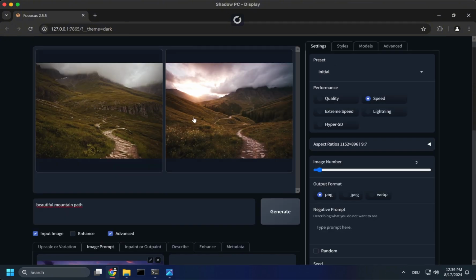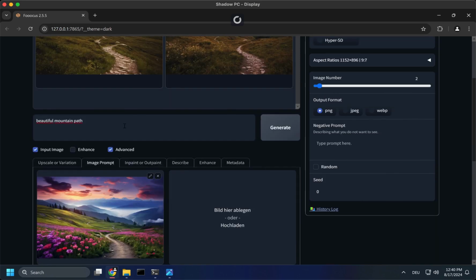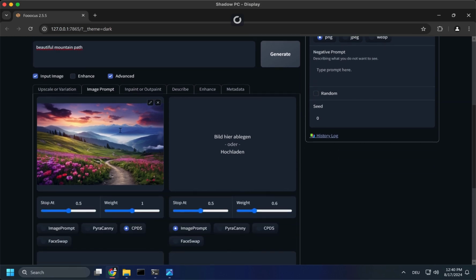These are our outputs. Now we have the mountain path here, and we have also the clouds up here and the mountains, which is quite a bit better. You could also put in with colorful flowers or with pink flowers or whatever to get it even closer to here. So now that we've looked at these 3 different ways, face swap is another thing we could use, but